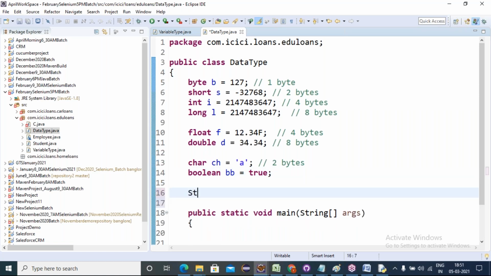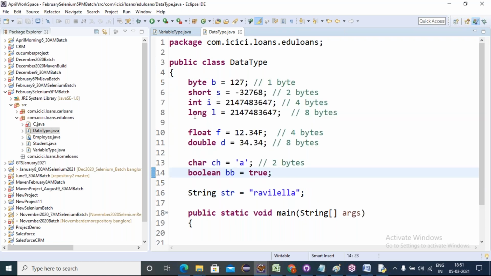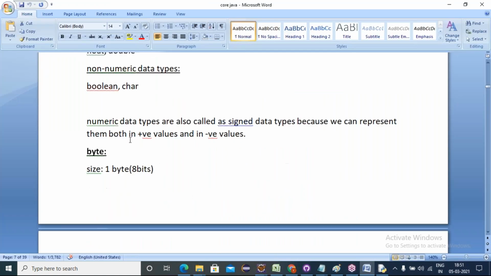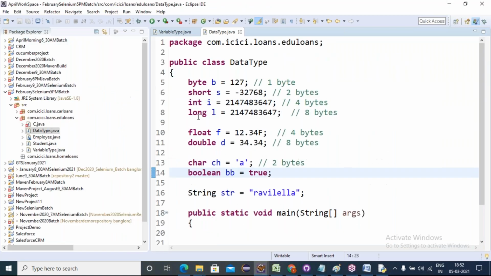Now tell me, friends, if you want a String object, how can we go with that? String str equals, I'm giving Ravi Leela. Friends, these are all called primitive data types, as the document says. Totally 8 are there: byte, short, int, long, float, double, char, boolean.